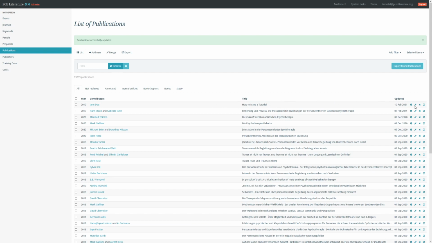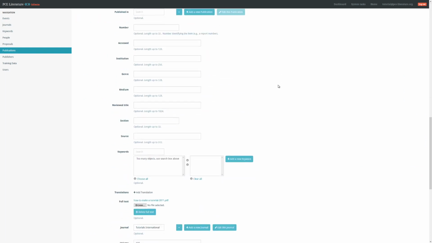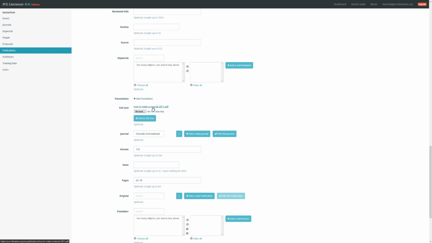And if there is already a full text, the full text entry will look like this. It will show the name of the file, the file name of the PDF, up here, and again you have a browse button, so if you want you can press that and select a different file and replace the full text with a new one,